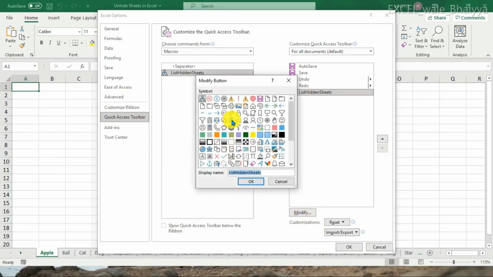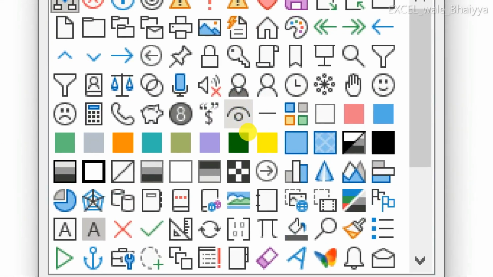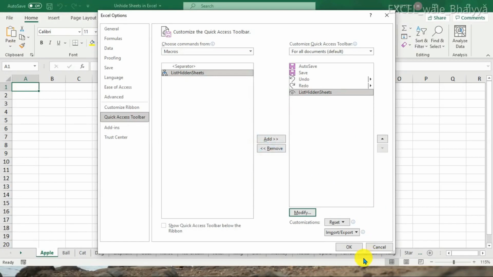Here you just need to select an icon for your tool, which will reflect in the green toolbar. For the time being I am selecting this eyes icon for our tool. I just clicked on this eyes icon and clicked on OK, and then I'll click on the OK button.